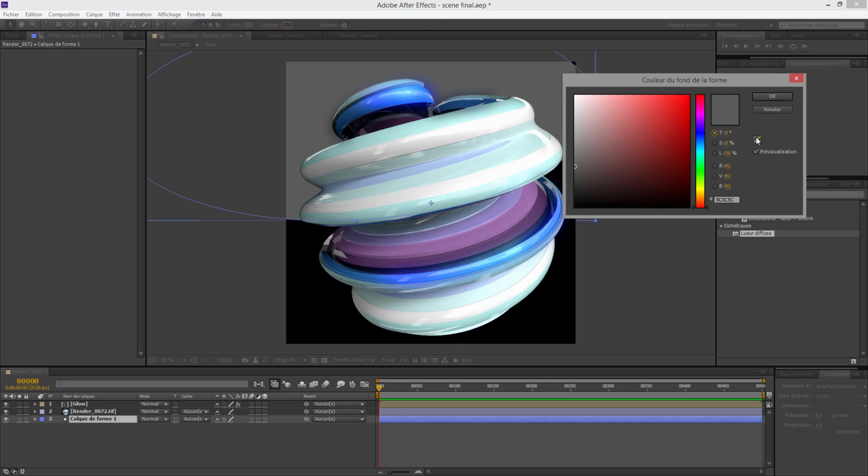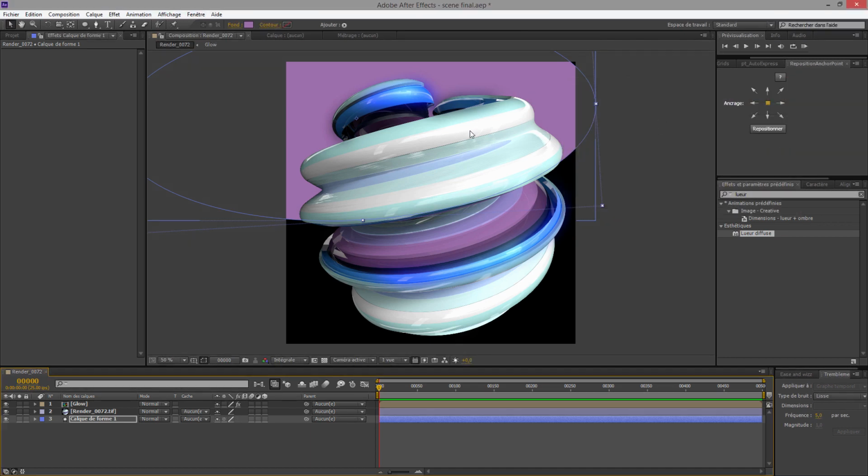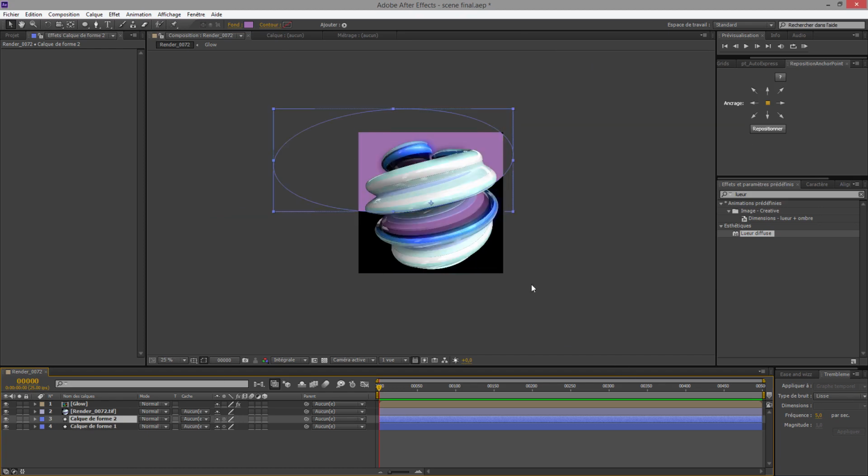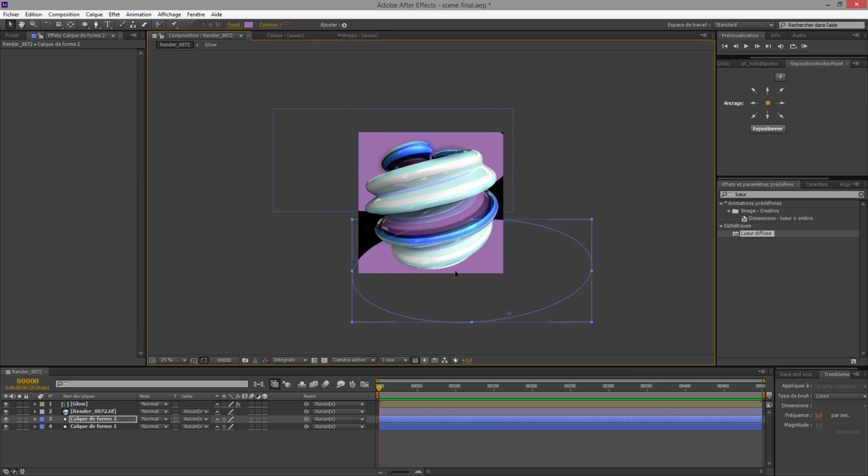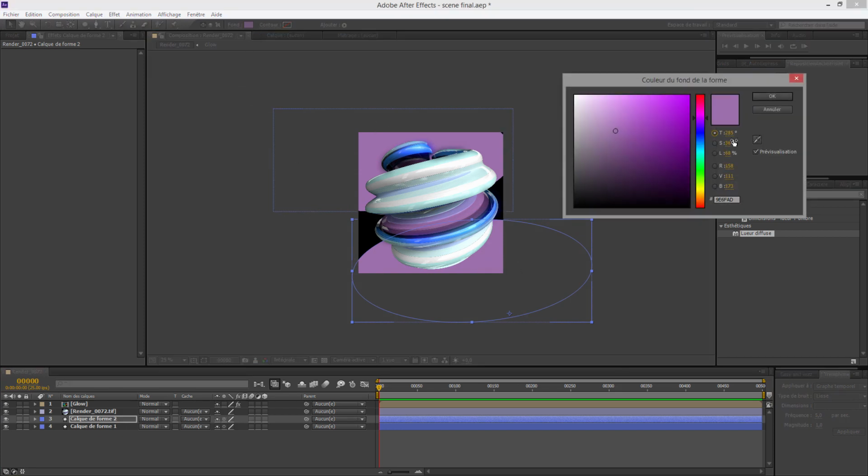So pick it here, like that, and duplicate, Control D, and put the second one to the opposite, like that. Something like that. And we will change the color for this one, take blue maybe, this blue, and it's okay.